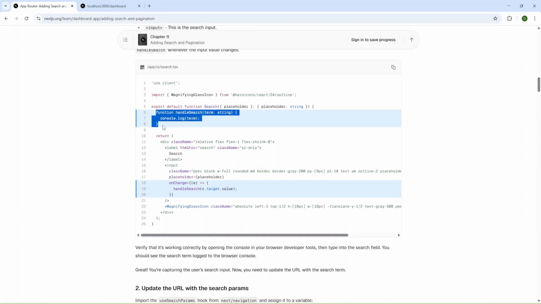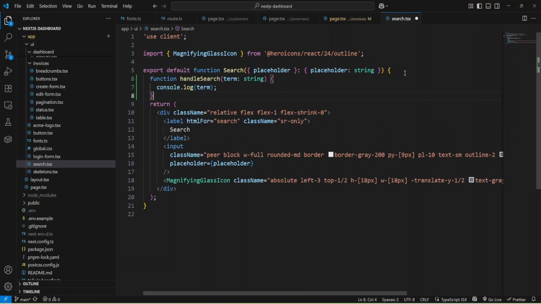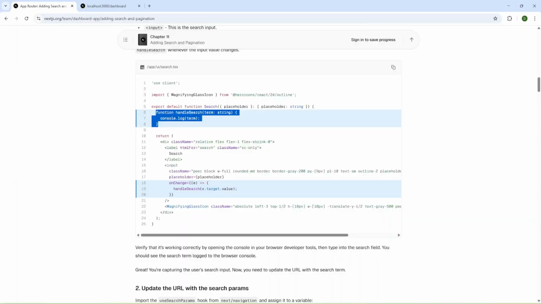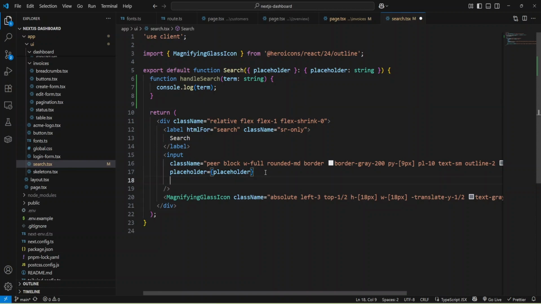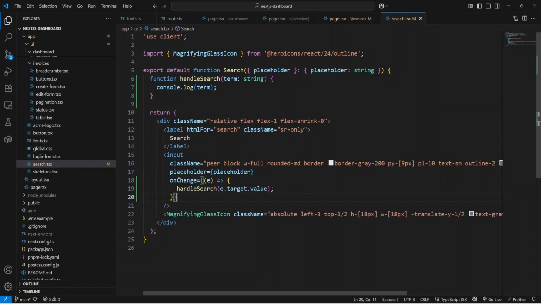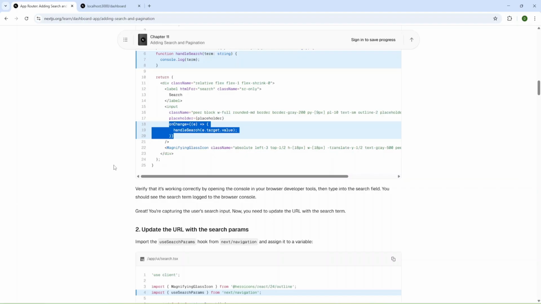As you can see, we can add handleSearch to our component as just a function, and also we can add an event handler onChange to the input. By changing the values, we'll call this handleSearch, and it will just show our term inside the console.